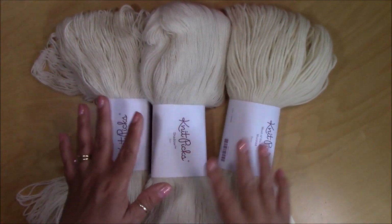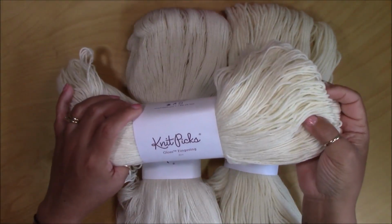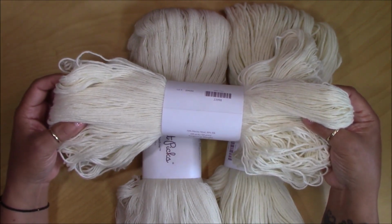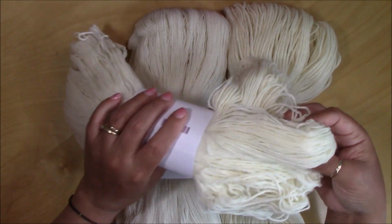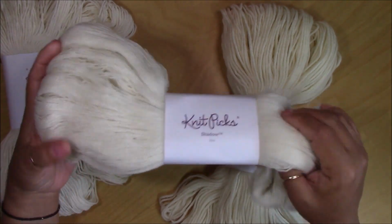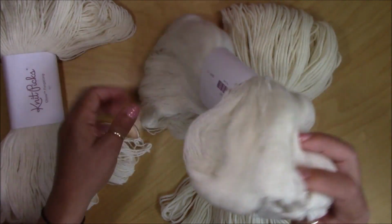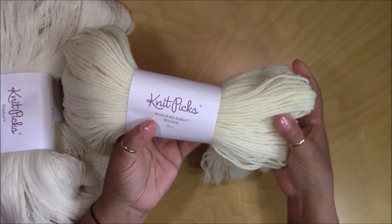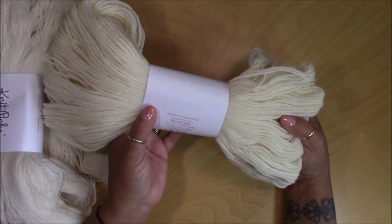This is the yarn that I'm gonna dye, and the ones that I dyed before, they are from Nick Pick. This one is Gloss Fingering Bear. This one is 70% merino wool, 30% silk. This one is Fine One. This one is Nitpick Shadow Bear, 100% merino wool, and this one is lace weight, very thin. And this one is Nitpick Wool of the Andes Worsted Bear, 100% Peruvian Highland wool, and this one